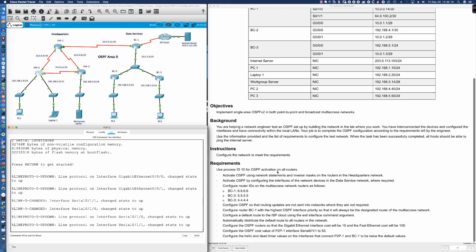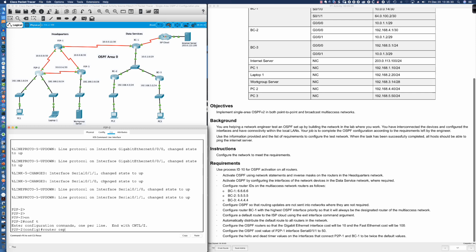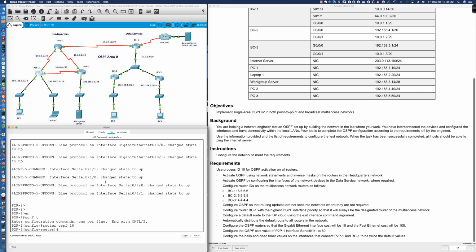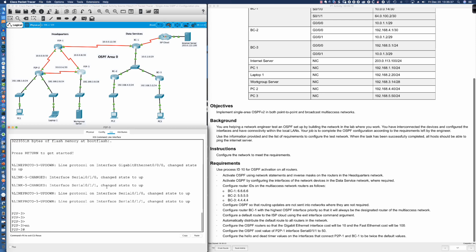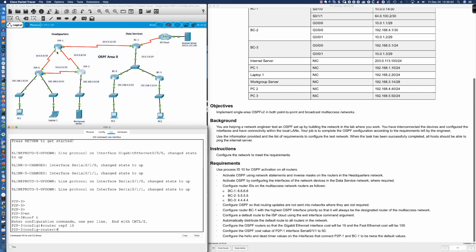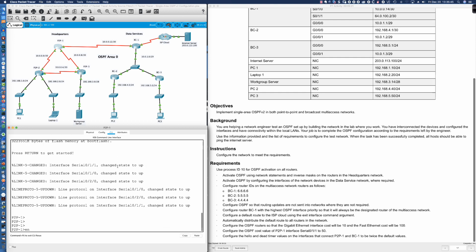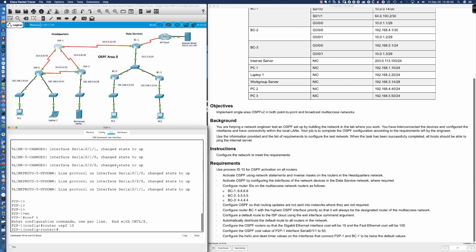And so here's how I'm going to work through this activity. I'm literally going to tackle things step by step. So the first thing I'm going to do is we're going to come over here to P2P, or point-to-point number 2. We're going to go into global config, and I'm simply going to say router OSPF 10. Now, let's step over to P2P3, and let's make sure that we get a good solid foundation set up here. So we'll say router OSPF 10, knowing that we have the correct OSPF process ID number configured on all of these routers. So router OSPF 10,